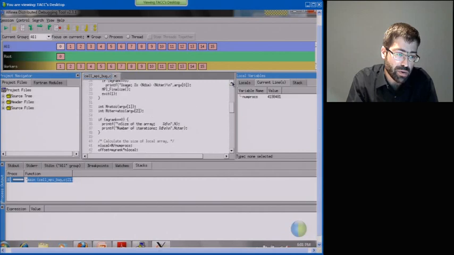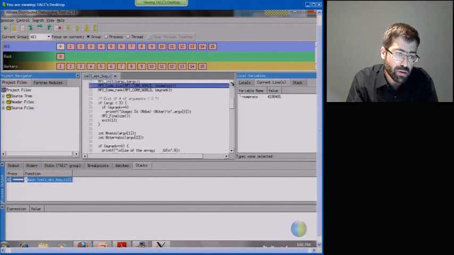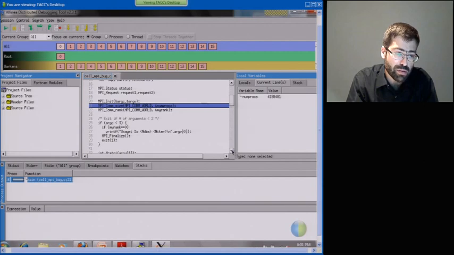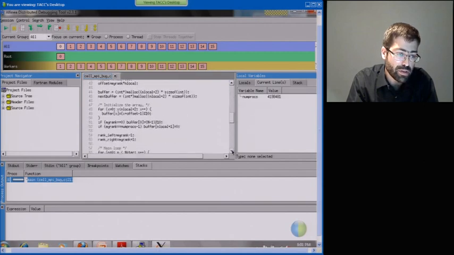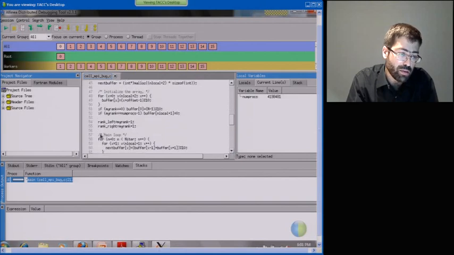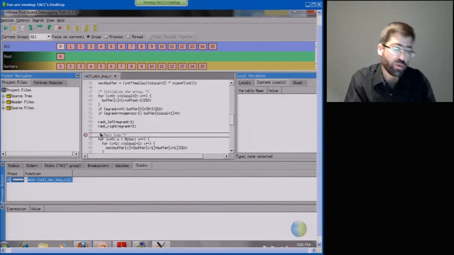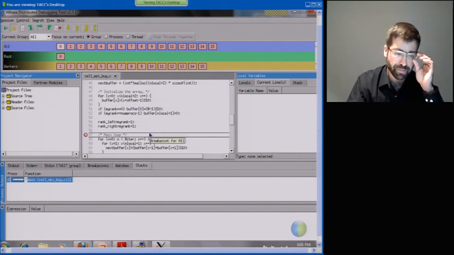So let me see where the main loop is. Main loop. So I'm going to put a breakpoint on line 57,